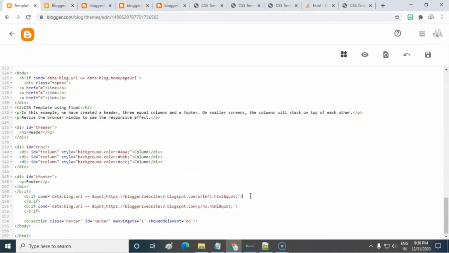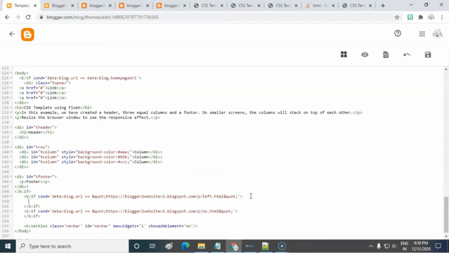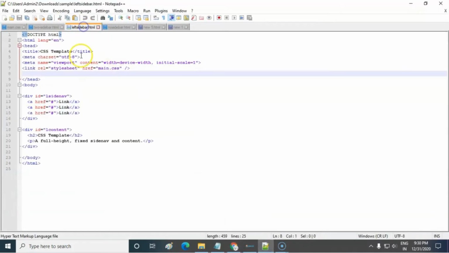Like this, for the left sidebar and no sidebar, we have to add the codes, just the code in between the body tags.